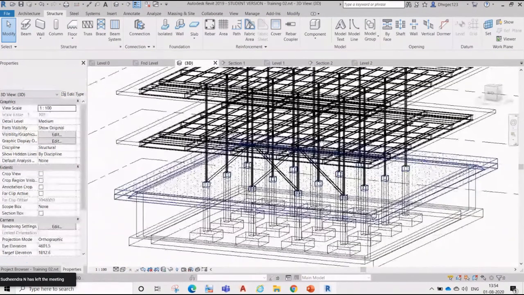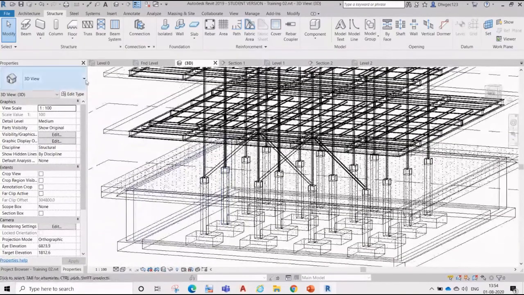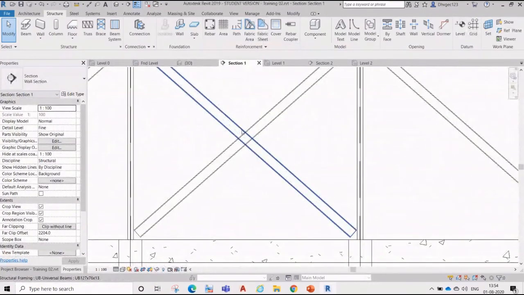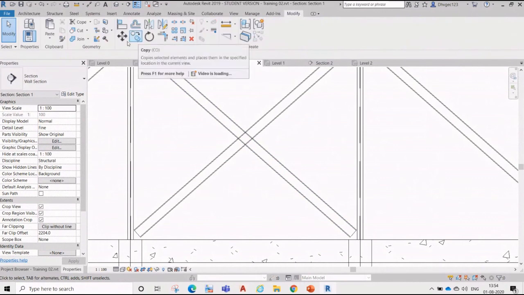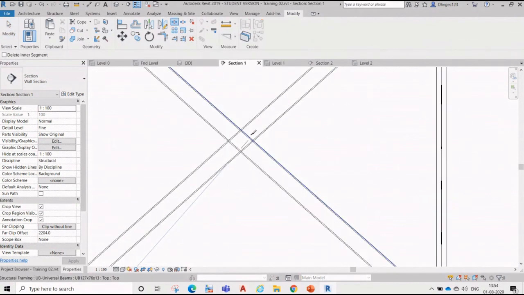So same pattern, wherever we want, we can place the bracings. Okay. So like here we want to terminate it, for that connection you can go to modify and choose here the break, right, split element. Just click over here.